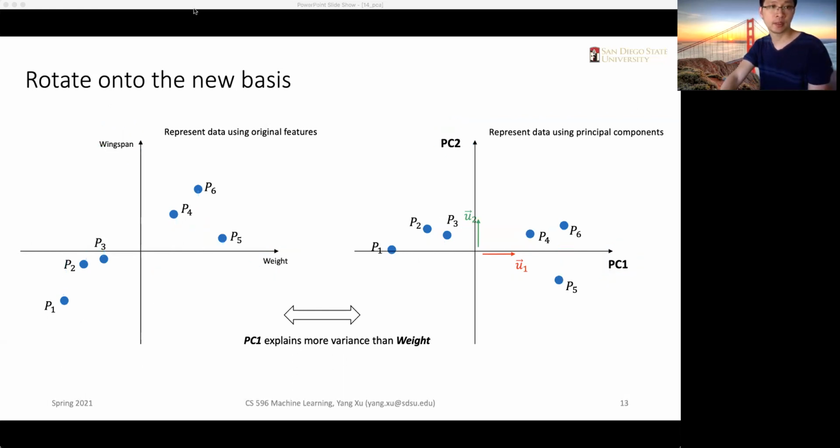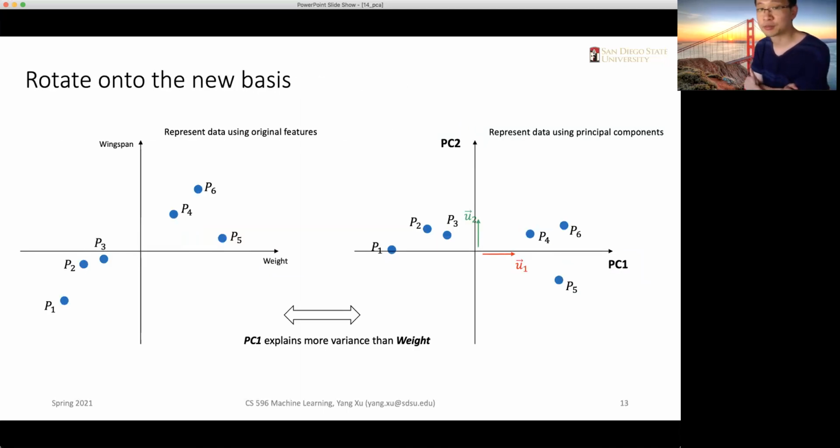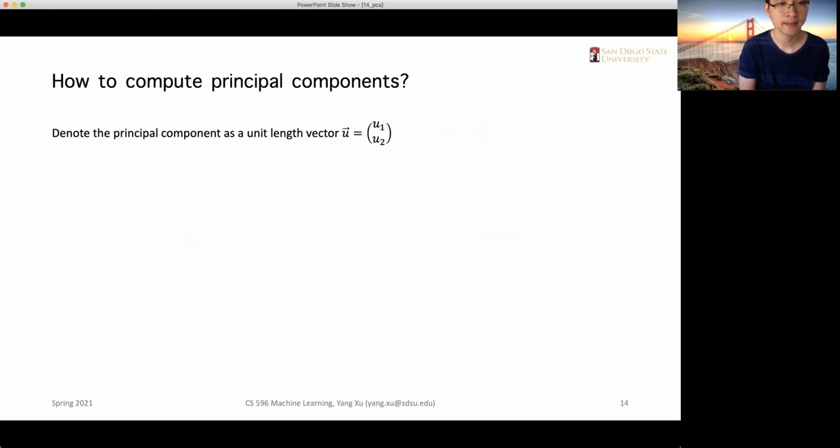Okay. All right. And here comes the practical problem. How do we find PC1 and PC2? How do we find these two unit length vectors, U1 and U2? That is the next question we're going to look at. It's a problem of finding a vector. We can denote the principal component as a unit length vector U, which is to be